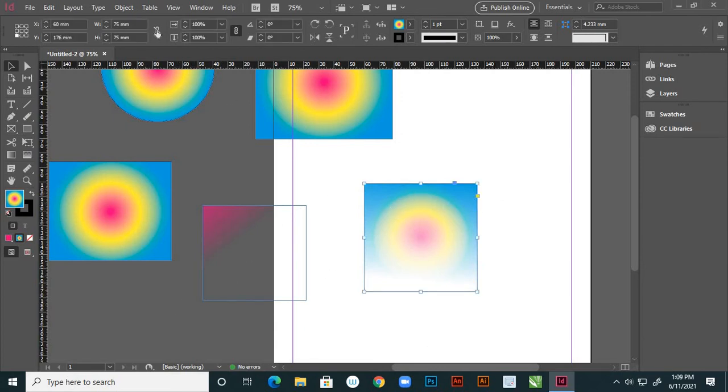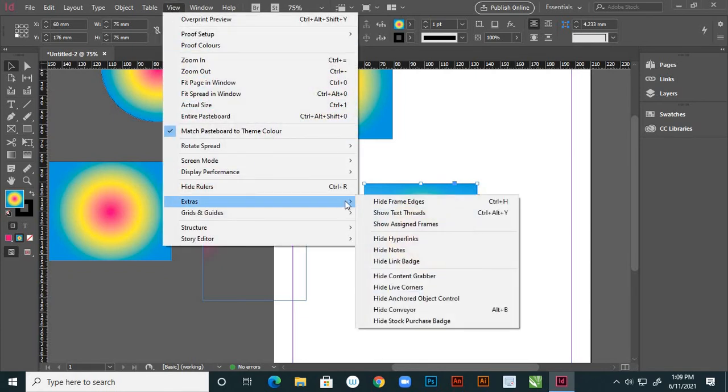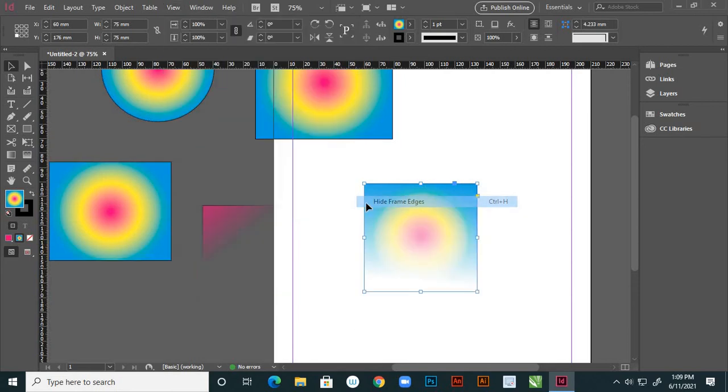So select that one, and from view and extras, right? So hide frame edges. See, the frame edges are hiding for both sides, right?